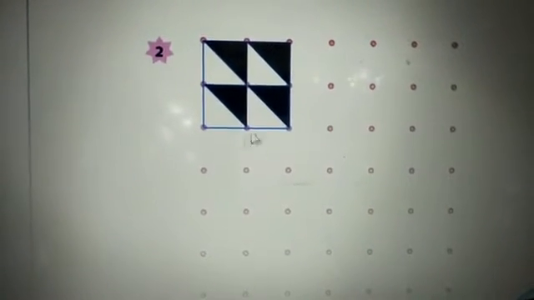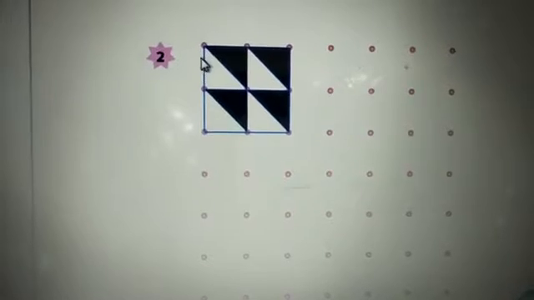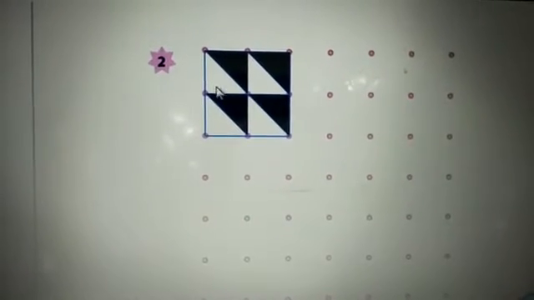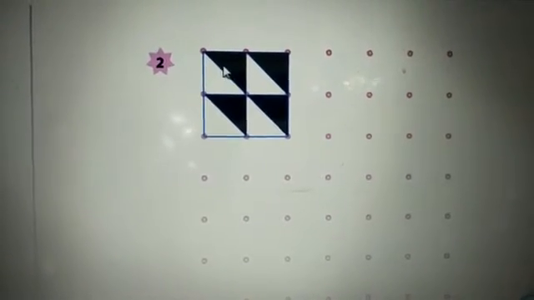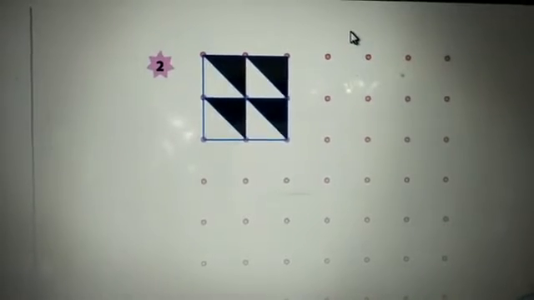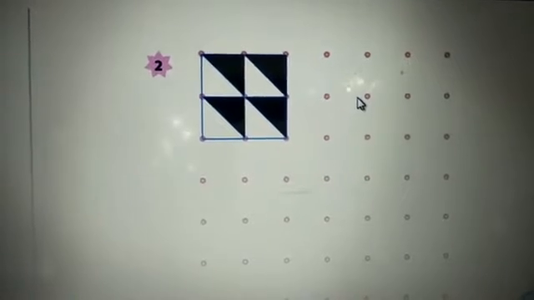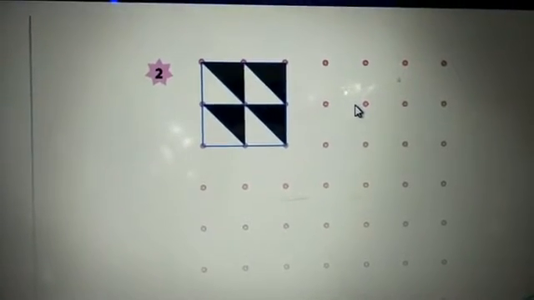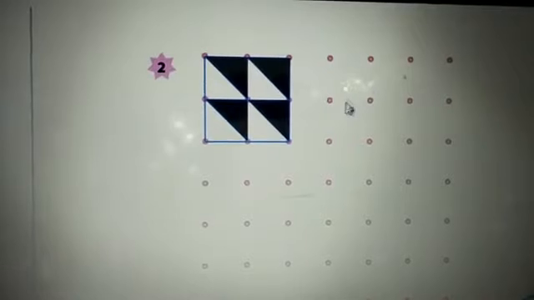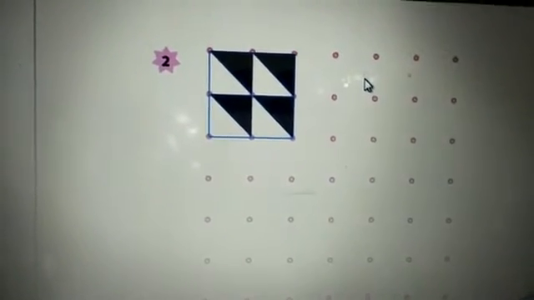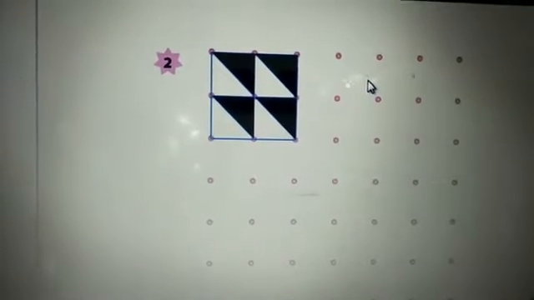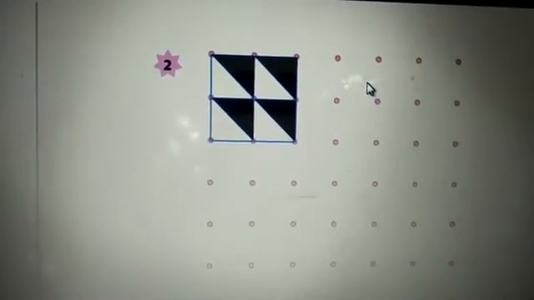This is our next pattern. You should draw two triangles, white and black, or else you draw a square, children, then you have to divide it in half. That means two triangles have formed. Then you can give white and black color, or else you can take any two colors. Not only white and black, you can take some other colors also. But you have to follow two colors only.